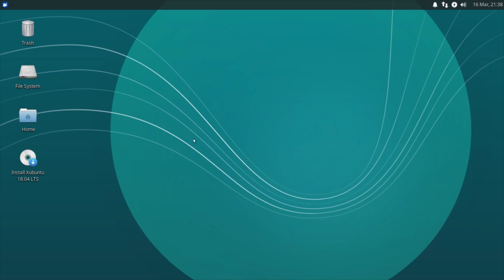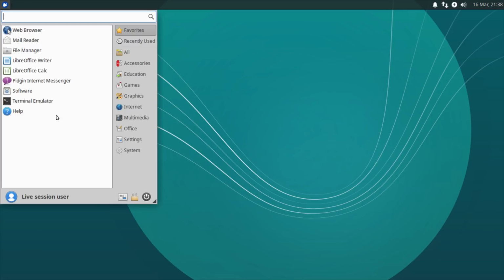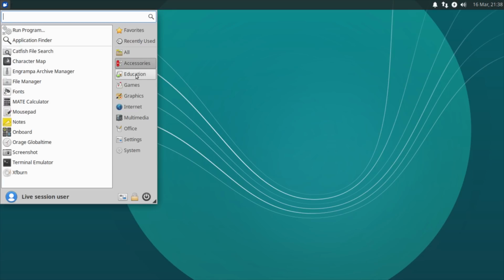So this is what you get when you boot it up. This is the live version of this. I have not installed it on this machine. I'm just running it from the live image, and you get very little software installed coming directly from the Xubuntu project. They have a neat media player that they use called Parole, which is really nice because it's just about the last one standing these days that will let you have a playlist docked on the right-hand side, and I like that. So I can drag in like 5 or 6 videos and watch them,